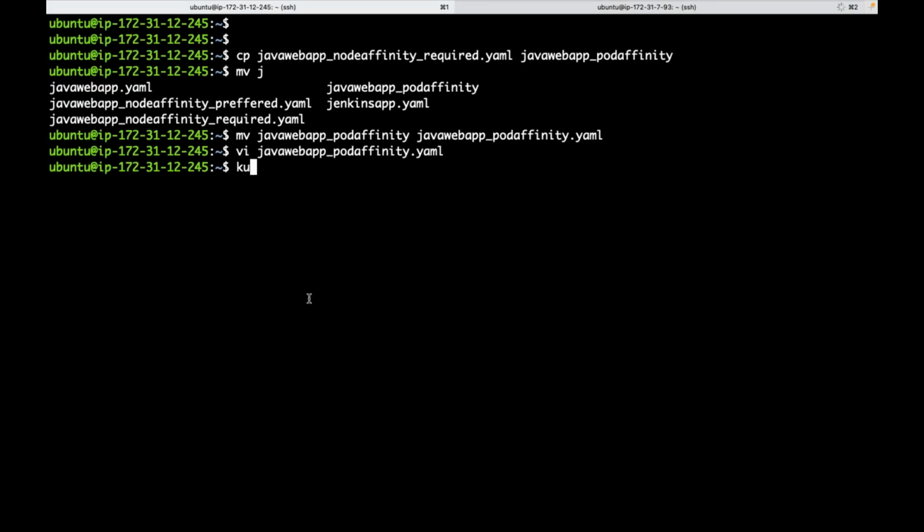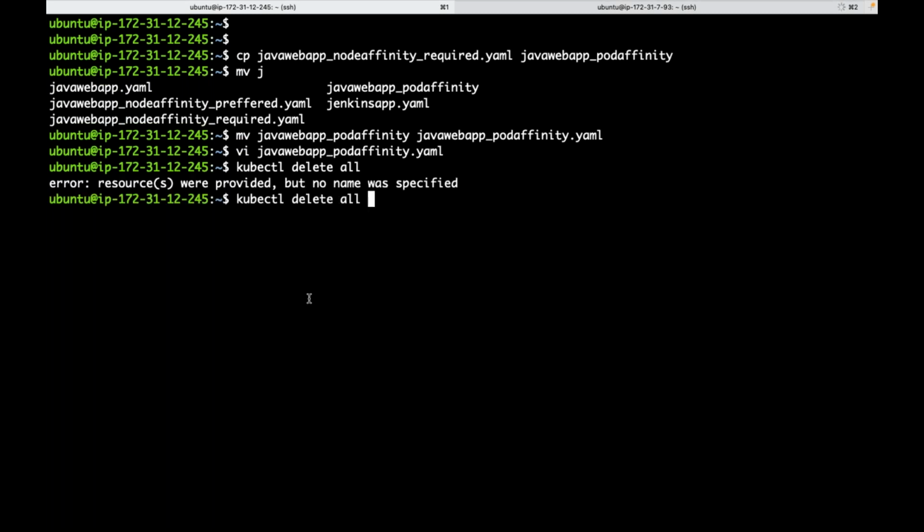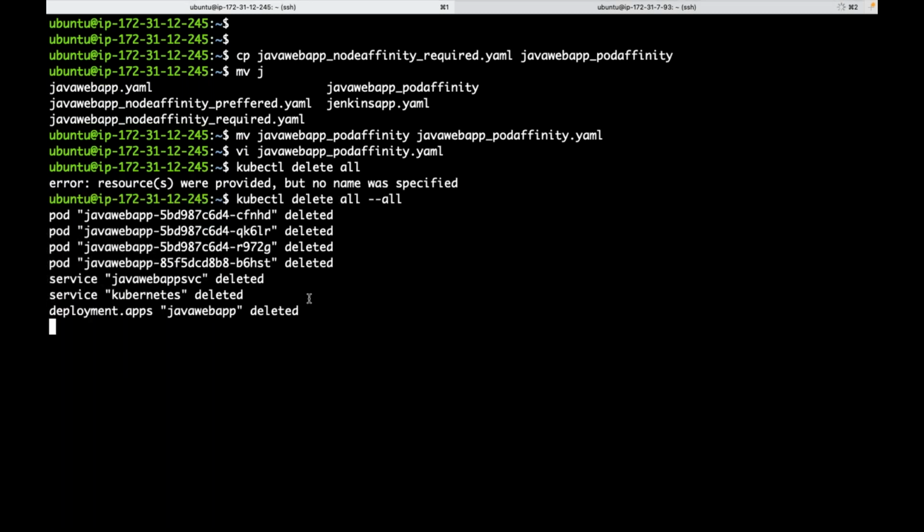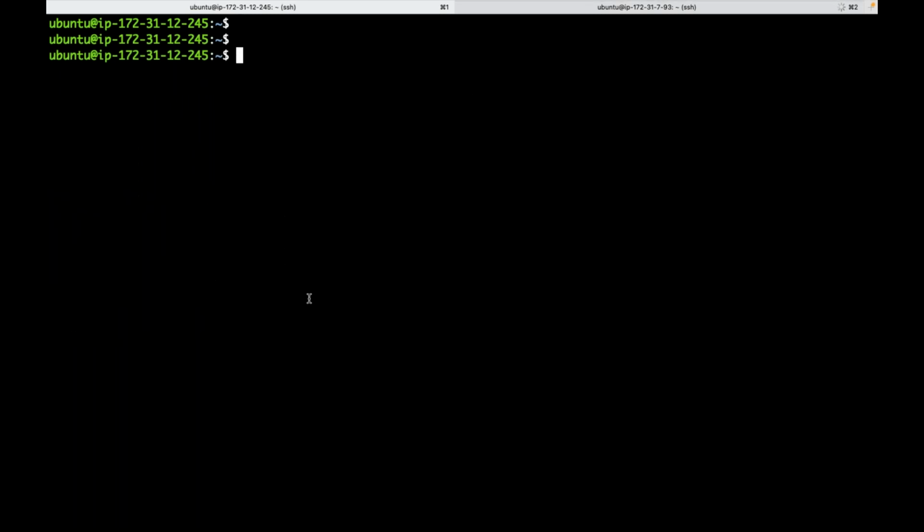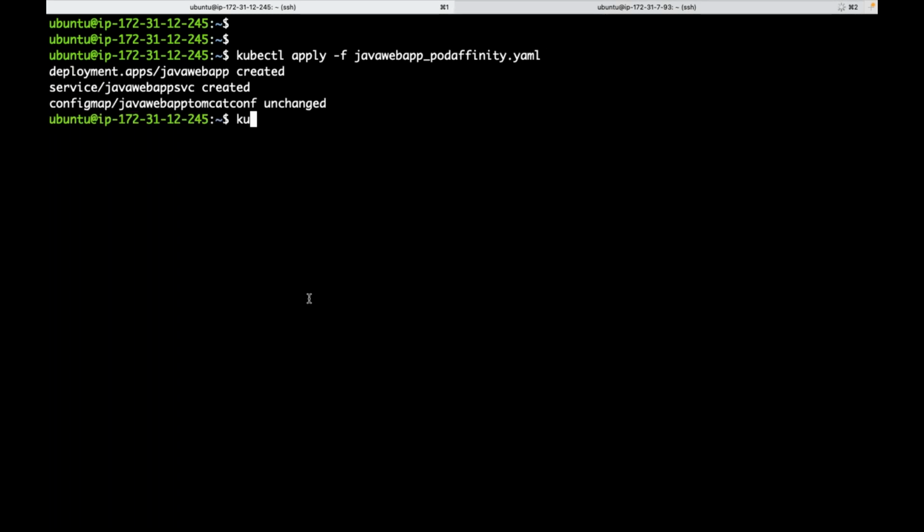Now let me delete whatever I have in the current namespace so that you can easily understand. Now kubectl apply -f that Java web app pod affinity, I am applying. Now if you see